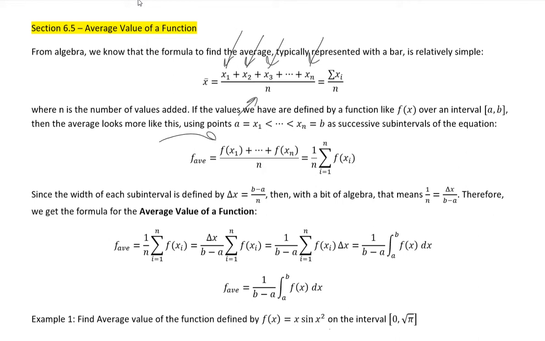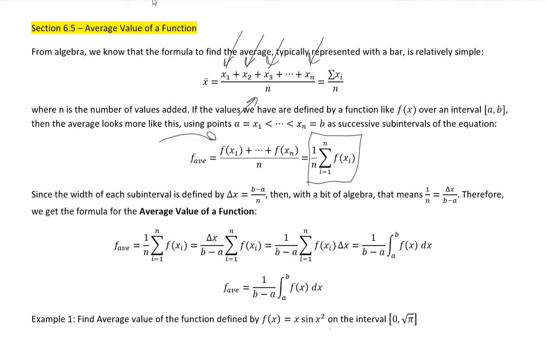We would take multiple values of a function, divide by however many values we took, and that gives us the average value of it. Well, if I want to find a better average, then what I would do is consecutively take more and more points from that function so that I have a larger and larger value for n. That is starting to sound a lot like what we're used to for the integral. So what we can do is try to take this summation value that we've already created and make it look